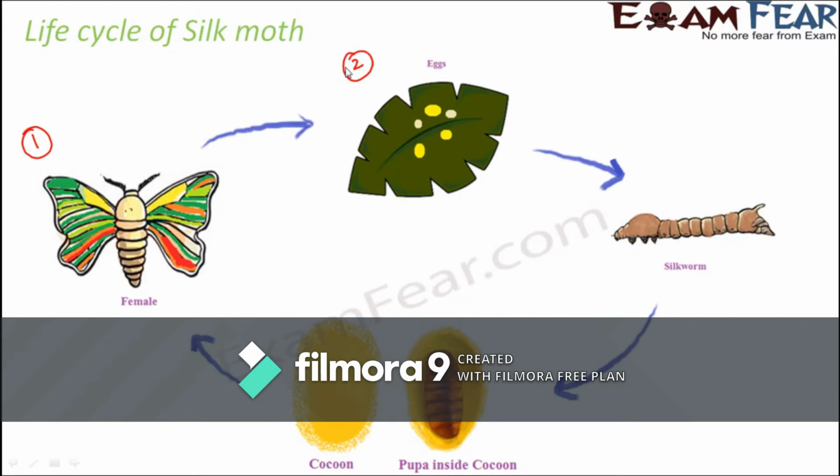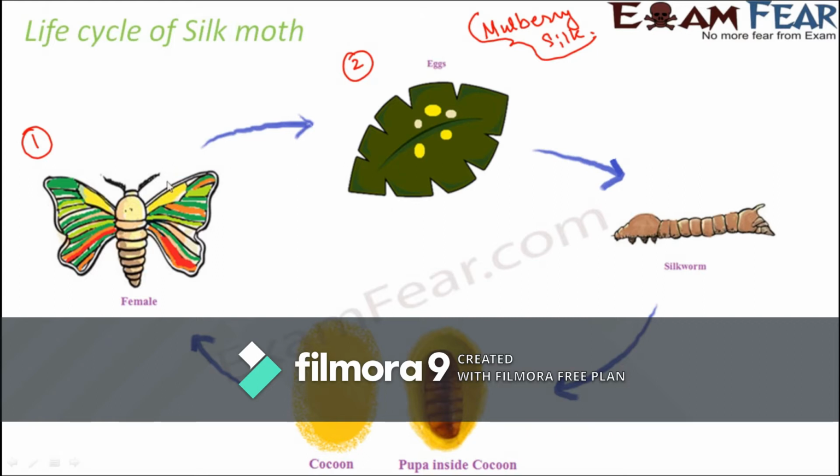Now different silk moths have different feeding habits. Different types of silk moth produce different types of silk. That's because different types of silkworm will produce different types of silk. Now let us take an example of one of the most common types of silk, which is called mulberry silk. Why is it called mulberry silk? Because it is obtained from the silkworms which feed on mulberry leaves. Mulberry is a plant. A lot of silkworms live on these mulberry plants, and the silk obtained from such silkworms is called mulberry silk.